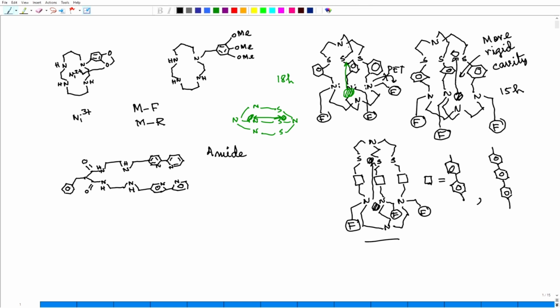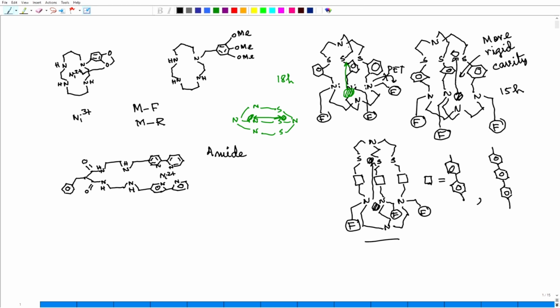So, this is 2,2-bipyridyl. 2,2-bipyridyl makes a very good, stable complex with nickel 2 plus. Here now I am not talking about oxidation of this. Here the ligand has some magic for us. So, when nickel 2 plus is bound here, okay, here is one